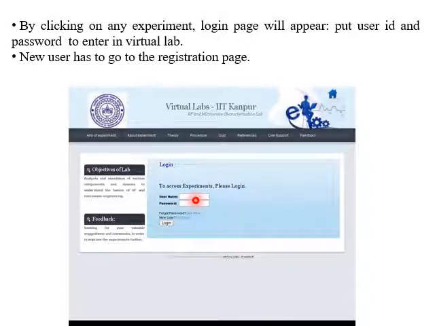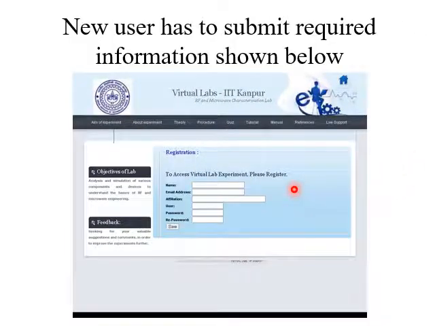So if you have your user ID and password, you have to put user ID and password here, and if you don't, for the new user, you have to click here, new user. If you click new user, then a new page will open, and you have to put the required informations like name, email address, user ID, password.